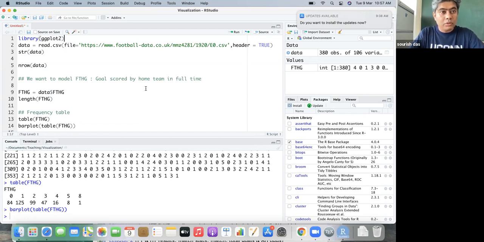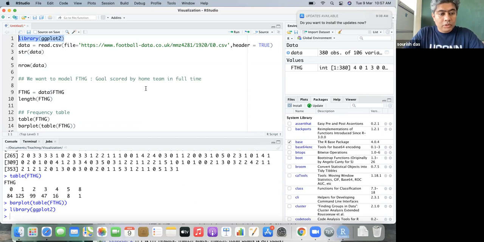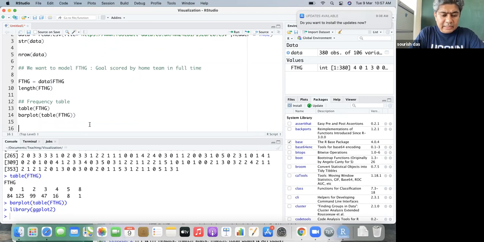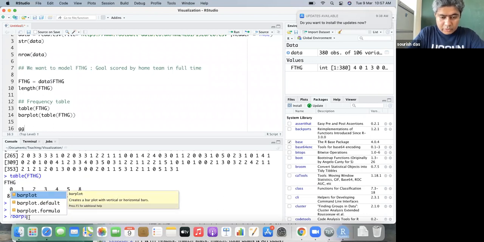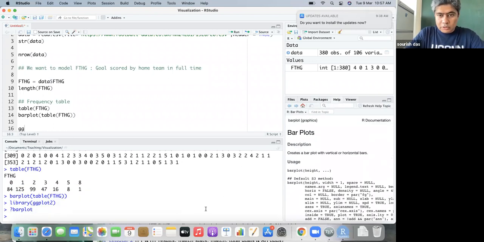So ggplot2, I have it here. And then there is another way of using ggplot2. The simple bar plot, I think, is in the base package. It's in the graphics package, which comes as a default setup. And ggplot2